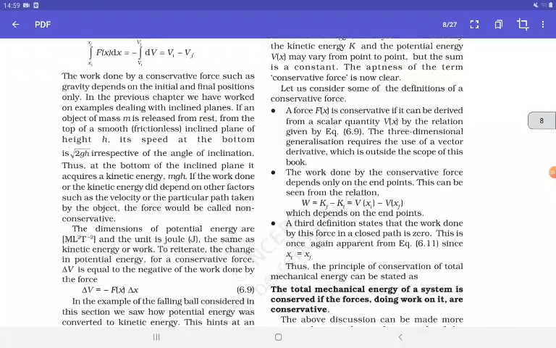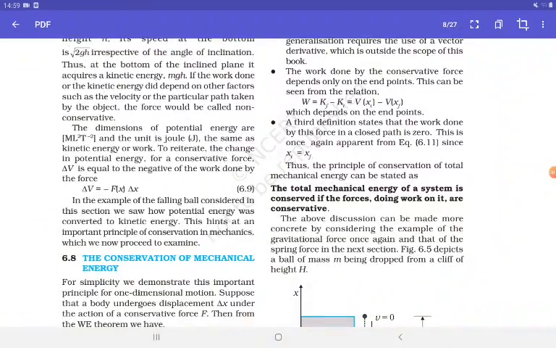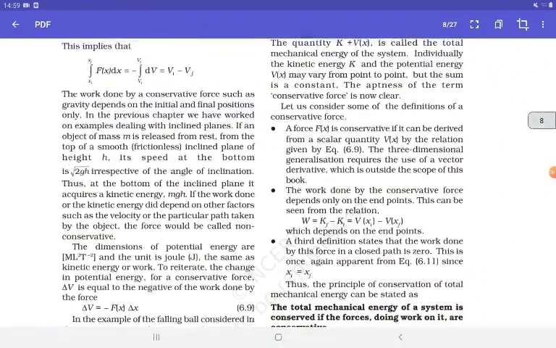So in the previous video we have just talked about the conservation of mechanical energy. So let's just continue with some more points. So let us consider some of the definitions of a conservative force. That first, a force F(x) is conservative if it can be derived from a scalar quantity V(x) by the relation